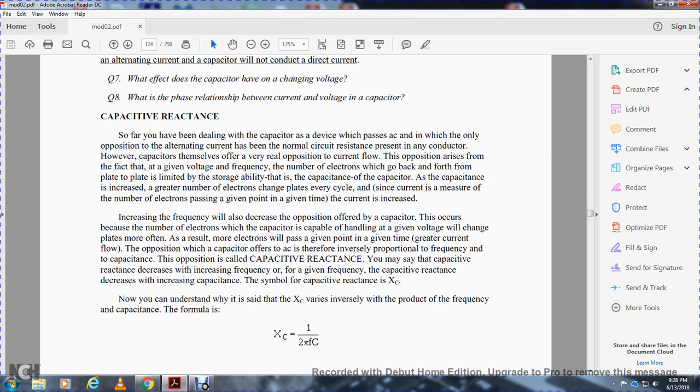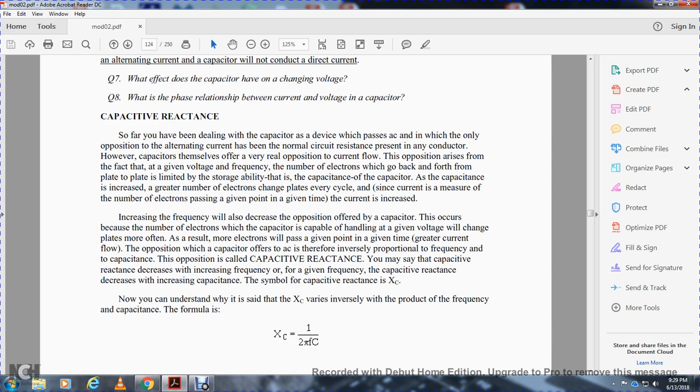But the capacitor is charged with a great number of electrons on the plates every cycle. Current is a measure of the number of electrons passing a given point in a given time. Increasing the frequency will decrease the opposition offered by the capacitor to the current flow, because the electrons are changing plates that often. As a result, more electrons will pass a point in a given time, so there is greater current flow. The opposition the capacitor offers to AC is inversely proportional to the frequency and the capacitance. The opposition is called the